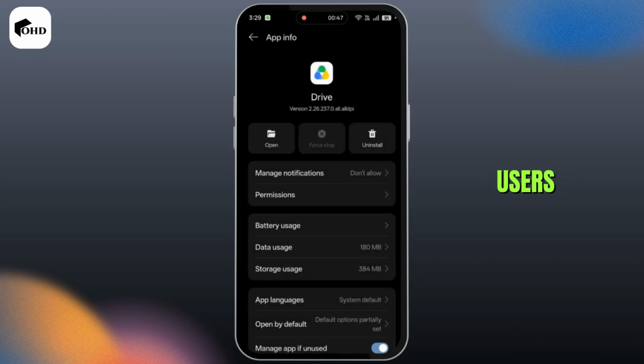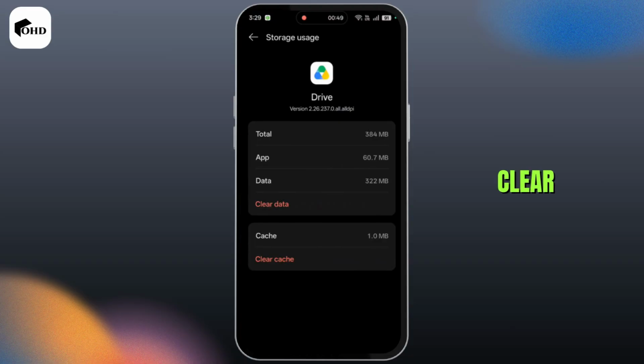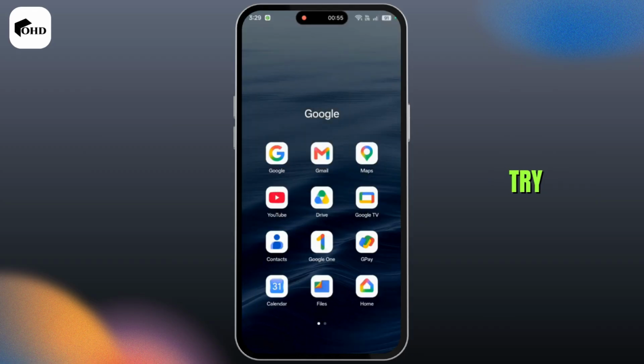Then go to Storage Uses. Here you will find Clear Data and Clear Cache. Make sure you click on Clear Cache. And once you do that, you can simply try restarting your Google Drive and try accessing the file, and it